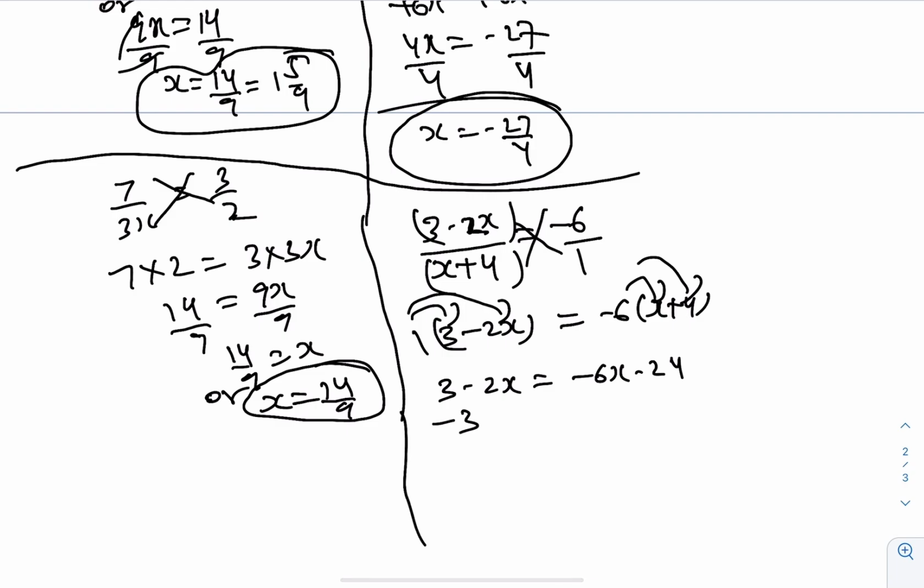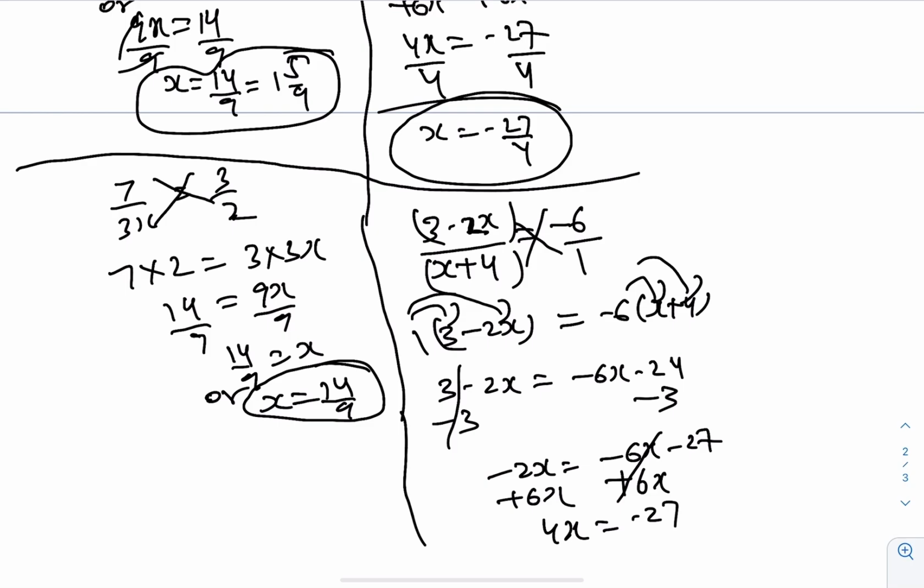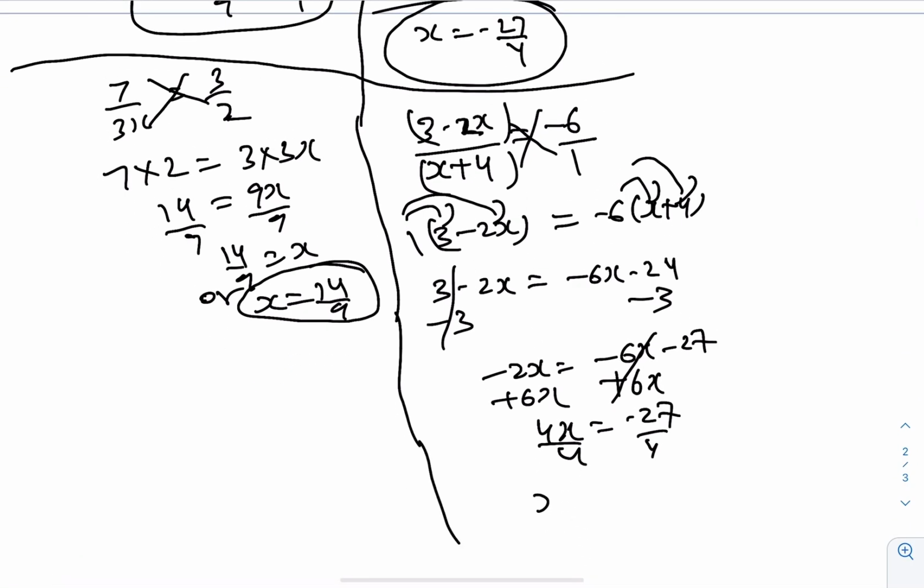Same steps, which again, if you need to recall, you can recall from previously. So this is again plus 6x and 6x cancel out. 4x is equal to negative 27. Divide by 4 gives you x is equal to negative 27 by 4. Now this you can actually change it into negative